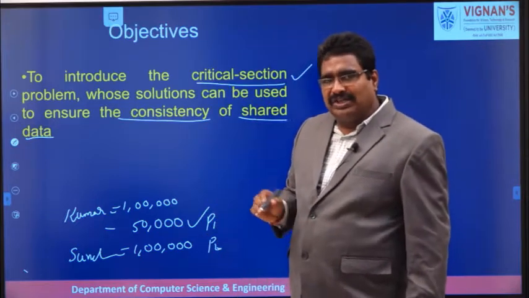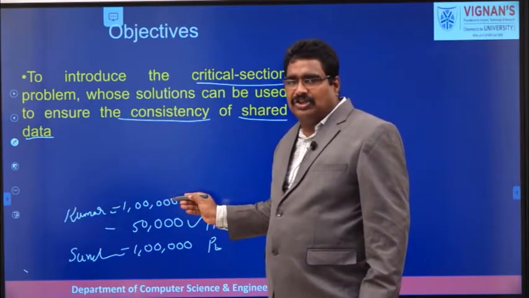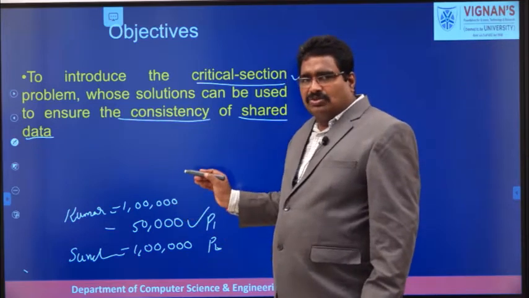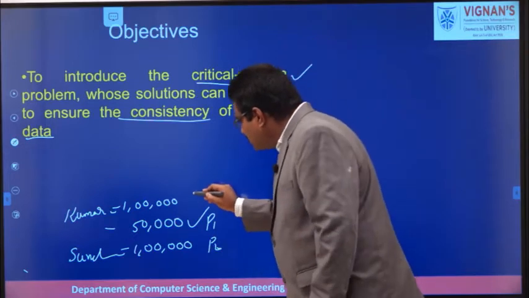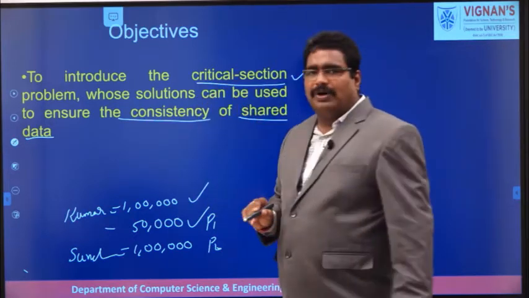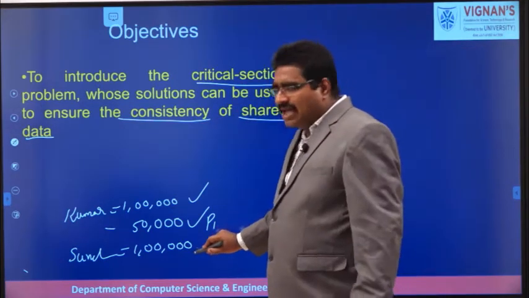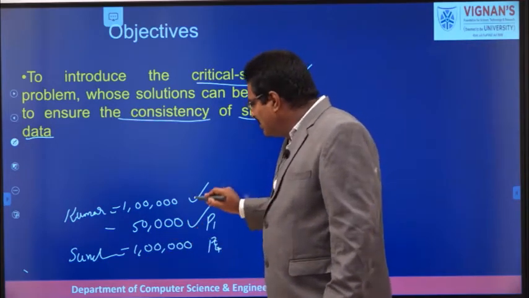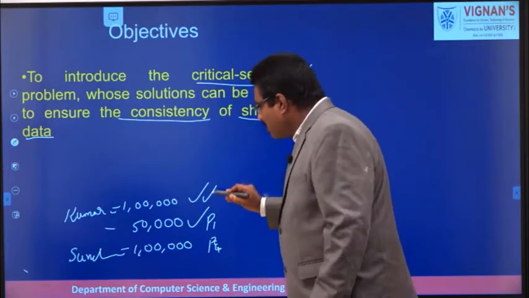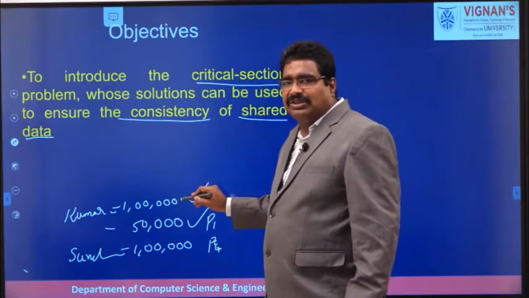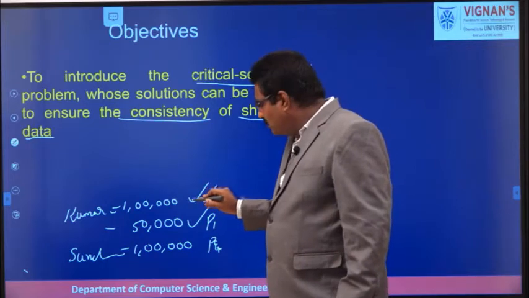What does the P1 process need to perform? It deducts 50,000 rupees from Kumar's account, so Kumar's balance is reduced by 50,000 rupees, and those 50,000 are added to the merchant account balance. So P1 needs to modify Kumar's account balance. Similarly, P2 deducts 1 lakh rupees from Sunil's account and adds those 1 lakh to Kumar's account. So P1 deducts 50,000 rupees from Kumar's account and P2 adds 1 lakh rupees to it.